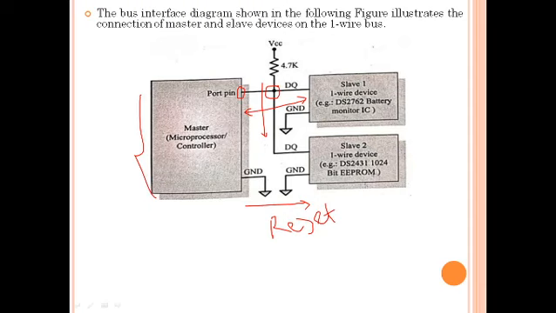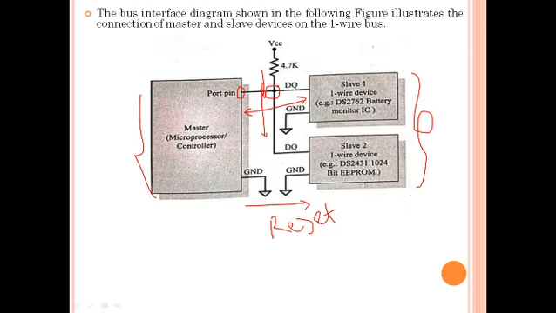So the slave devices, slave 1 and slave 2, which are present on this one wire, will respond with the presence pulse. And the master device sends the command, that will be the 64-bit address